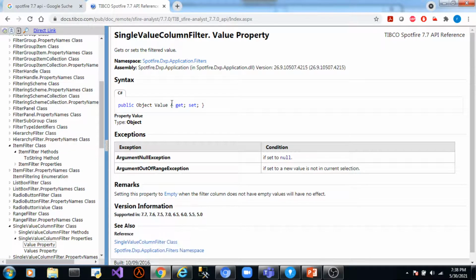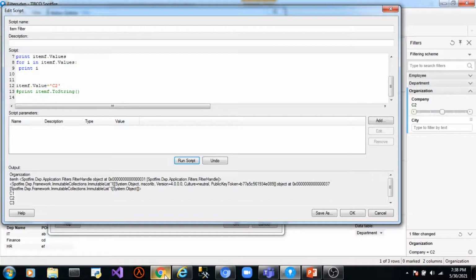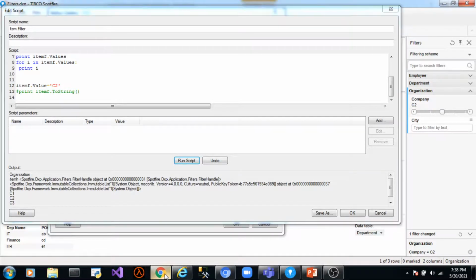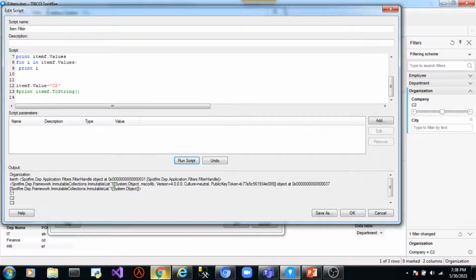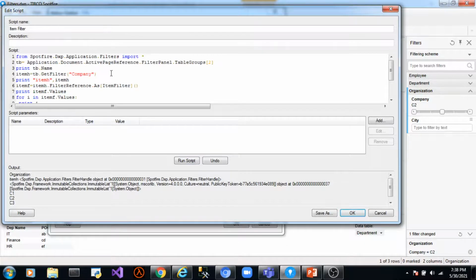This value property is get and set. That means it returns the value as well as allows you to set the property. This is what get and set means. So this is how you access an item filter, which is the same way in which you access other types of filters.